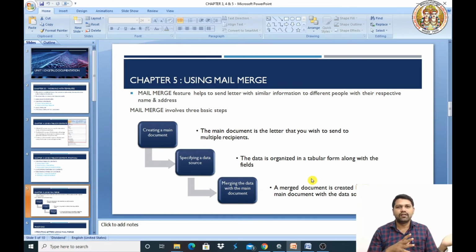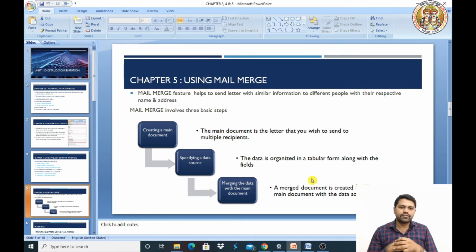They can add name and address to that. If you are using Gmail, this is not possible. The same information can be sent to multiple recipients, but the name and address will not be changed. That's why we are using the mail merge feature to add their respective name and address to the document.